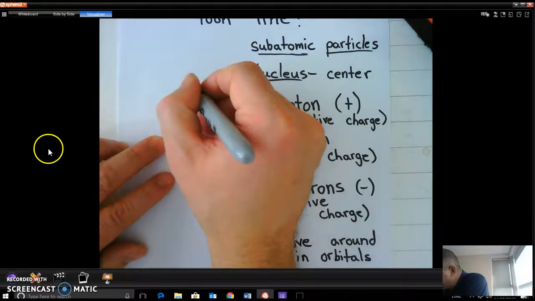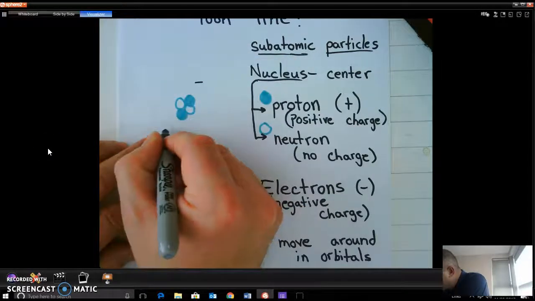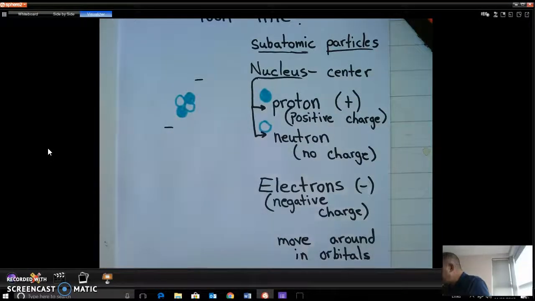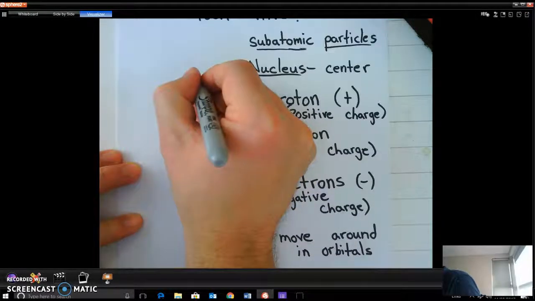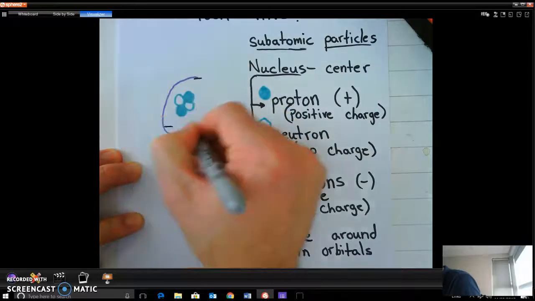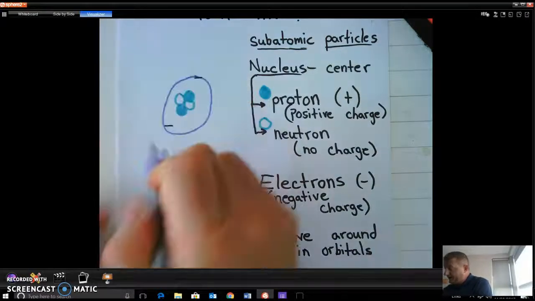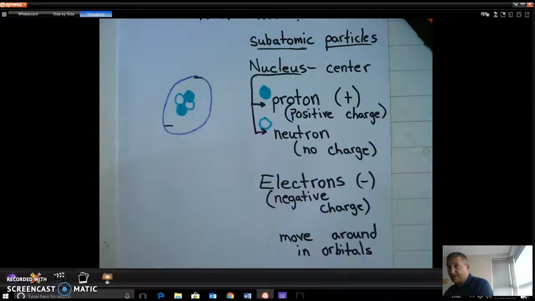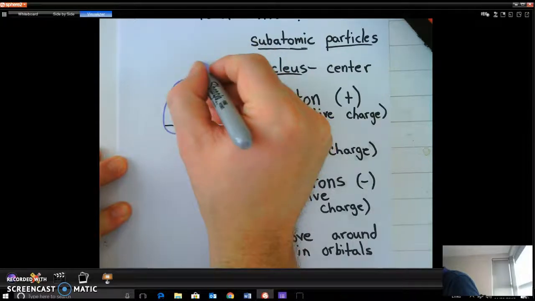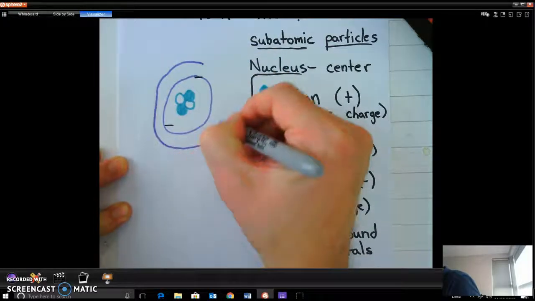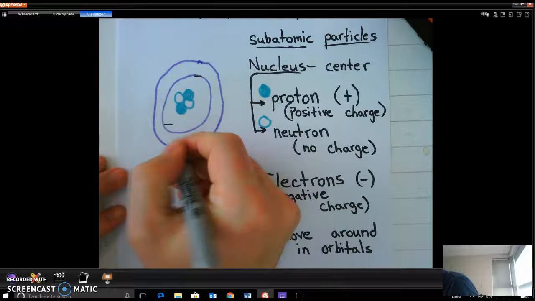I'm just going to draw an electron here, with the negative symbol. That represents the electron. Now this path going around it, I'm going to draw as a circle. This circle could actually be going in a three-dimensional way, going all around it. So just imagine a shell covering that, and imagine another shell or another orbital around that. I'm just drawing a circle around it. That circle does represent the shell, but it's hard to draw the three-dimensional